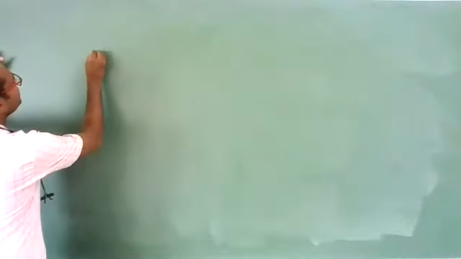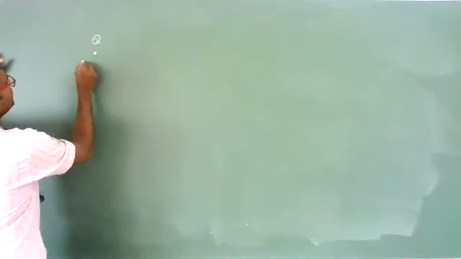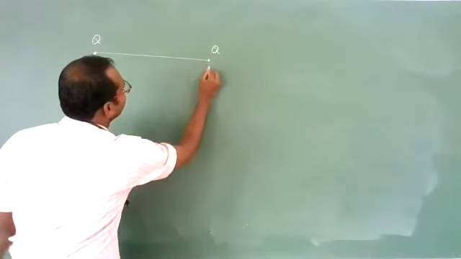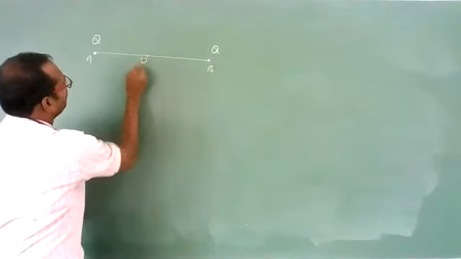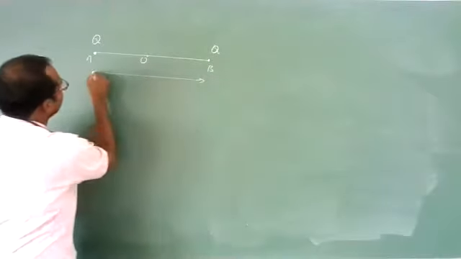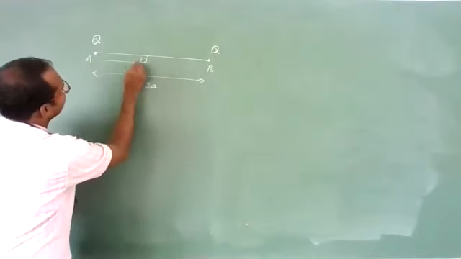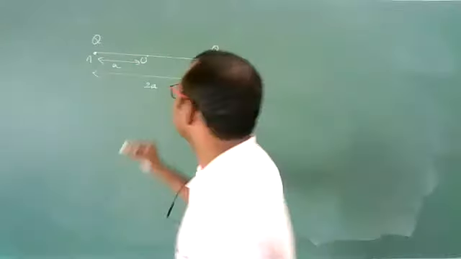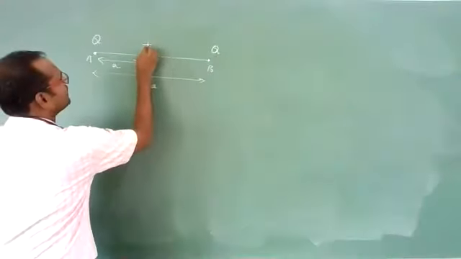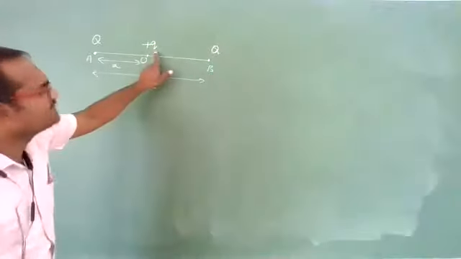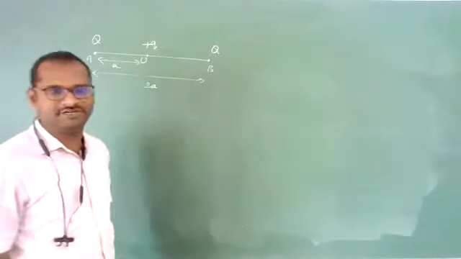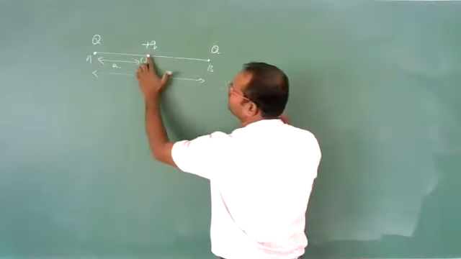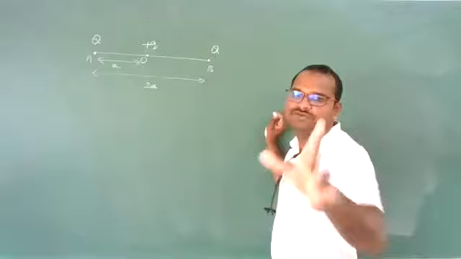Now, again you take two charges, capital Q, this A point, and again capital Q, this B point. This is the center O, and the distance between these two is, let us imagine, 2A. This distance is A, then this distance is also A. Now, let us keep a positive charge here. Is it in equilibrium? Yes, it is in equilibrium, definitely. Along the line joining their centers, if it is displaced, it will be in stable equilibrium, you know.